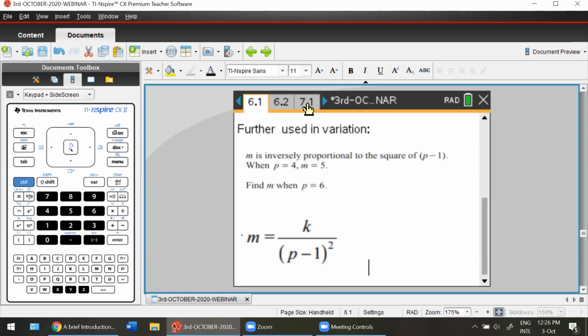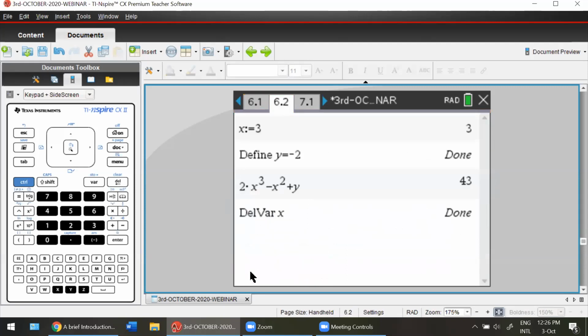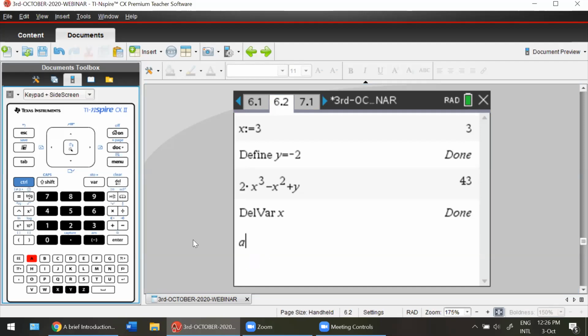Ma'am, one question is from Akansha. She's asking, can you re-explain the first technique of defining a variable? Yeah, sure. So what you do is you first type your variable. Okay. So choose your letter. Because A for Akanksha, I'll choose A. Okay. So then you hit this control key, which is highlighted in red, and this key. That means the key that is next to 9, correct? Which is the template key, the math template key. It's just next to the catalog key as well.